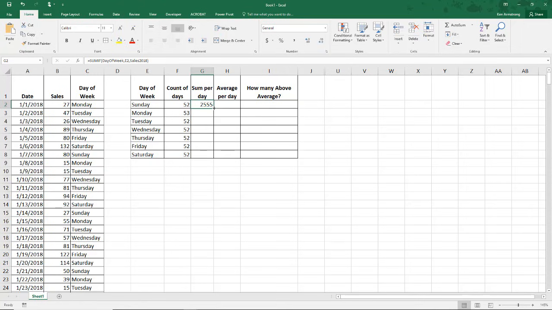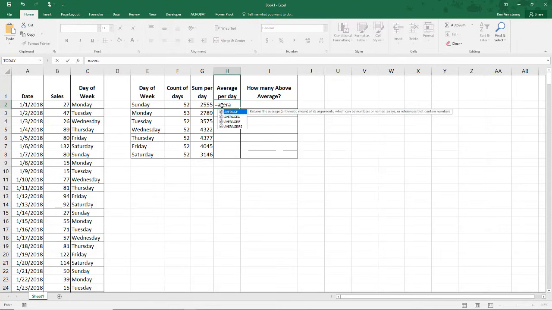And I'm going to copy that down by just clicking on that and double clicking on it. And now we have the sum per day. Very similar to that, we have the average per day. What is my average number of sales for each of these days of the week? Equals average if my range, that's this column C stuff, which I gave the name of day of week.